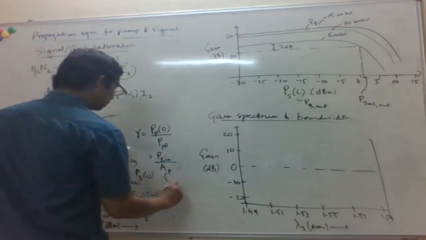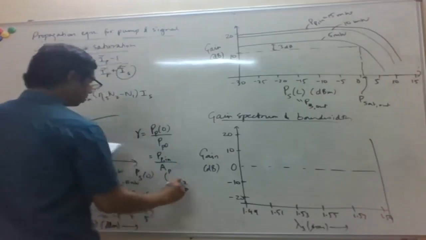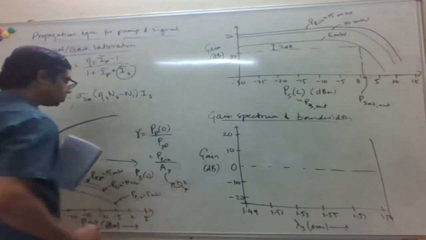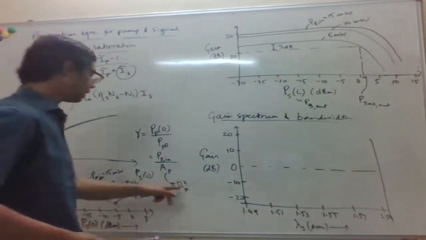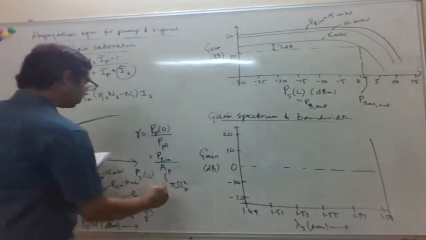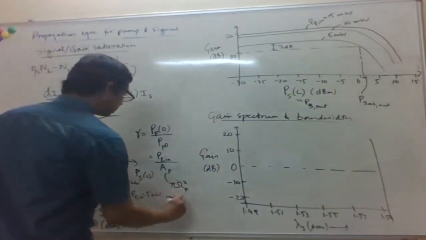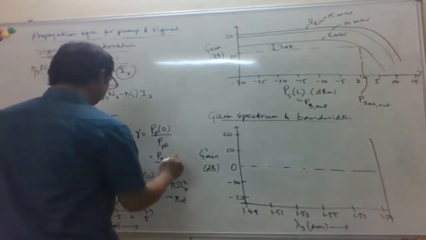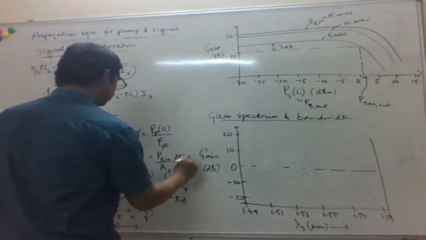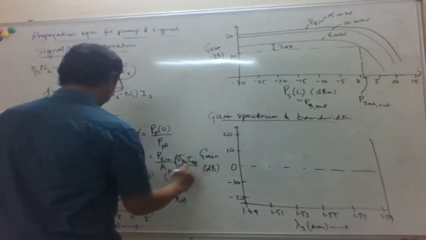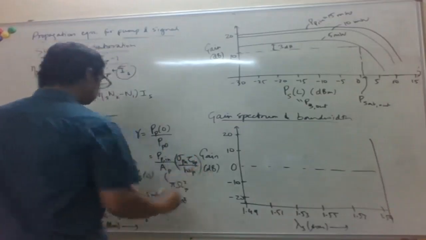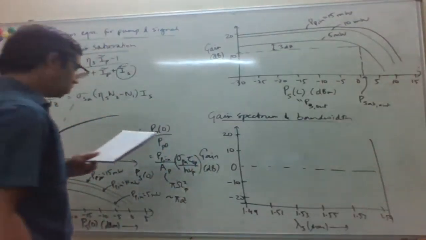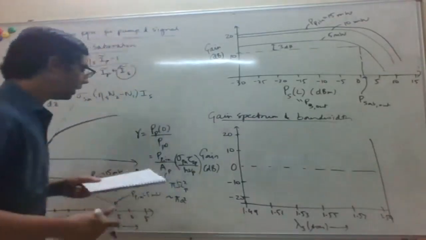For example, if you use a Gaussian approximation, it is the spot size of the pump, pi omega squared, where omega is the spot size of the pump, or in the plane wave approximation, we just took this as the core size. And this PP naught was basically